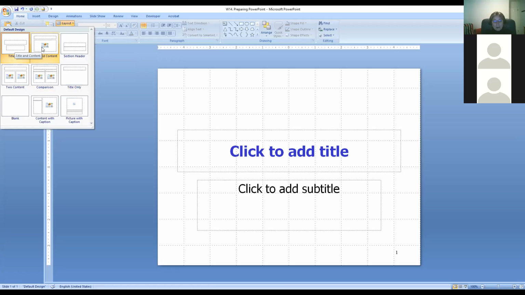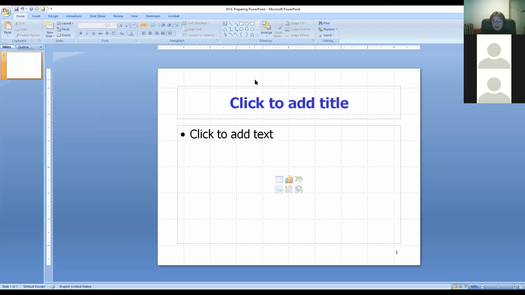Now, so let's say I'm going to change. So now instead of a title slide, I have a slide that has the content, the title itself, and the content. But to make our life a little bit more interesting, we can do fun stuff. So if you look up above the ribbon, you have the menus. So I'm in the home menu right now. The next one is insert. So let's do that for a second.